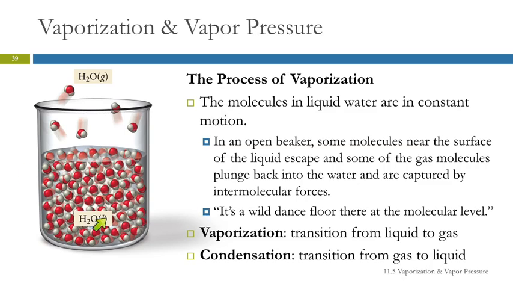When things go from a liquid state to a gas state, that's called vaporization. And when they go from a gas state to a liquid state, that's called condensation. So here we see this water molecule and this one in the gas state are on a path to collide with the surface. Once they hit, they're going to get stuck. And so that's condensation. So we have evaporation and condensation.